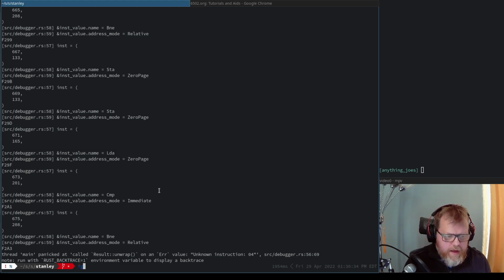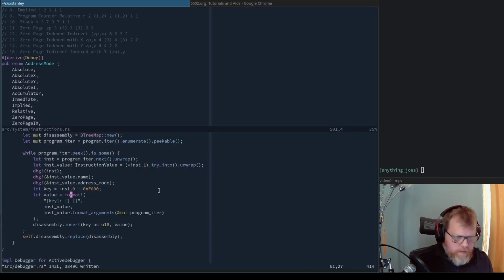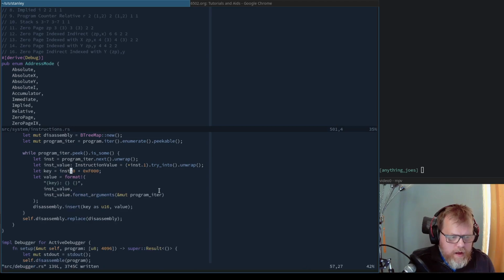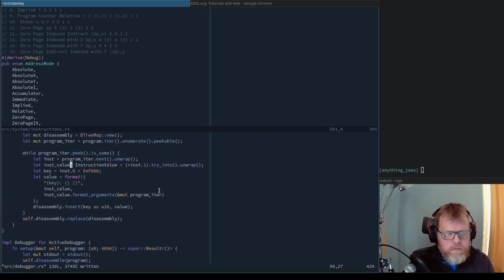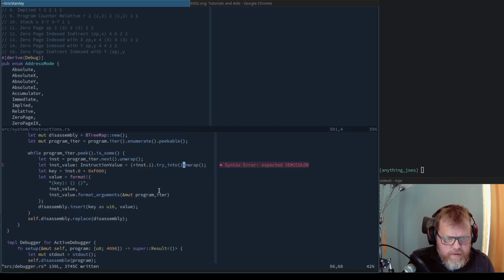So instead of just failing, maybe it's hard to get a disassembly without just a bunch of random bytes, but we can get a bunch of sort of garbage values in here, and I think we'll be fine for now. I'm trying to decide whether we're going to format them. So it's where we're unwrapping here. So we're going to say, instead of unwrapping,